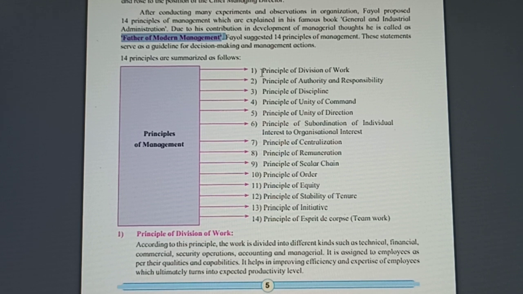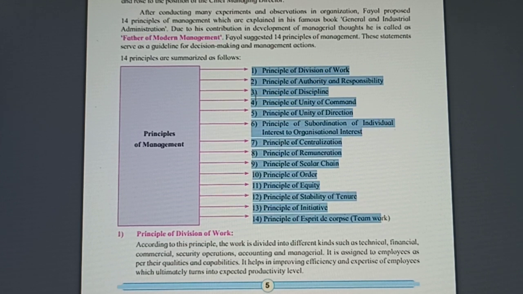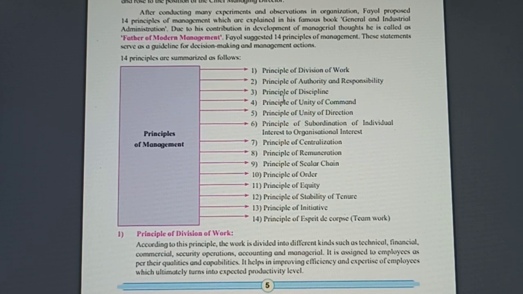All these 14 principles of management are very important because you cannot say, okay, I will use only 4 principles of management in my organization. No, you have to use all these 14 principles of management even though your organization is small or large. As you can see here, every point starts with the words principle of this, principle of that. So you can write in this way only, 14 principles of management. Till last year, this question used to come only for 5 marks and only 5 principles were required to be written. This year, if it comes for 5 marks, then you can write any 5 principles of your choice which you have studied thoroughly. But if it comes for 8 marks or 10 marks, you can write all the 14 principles of management.